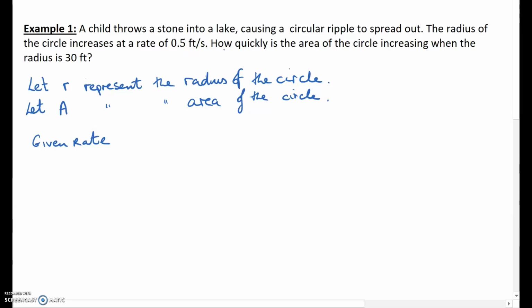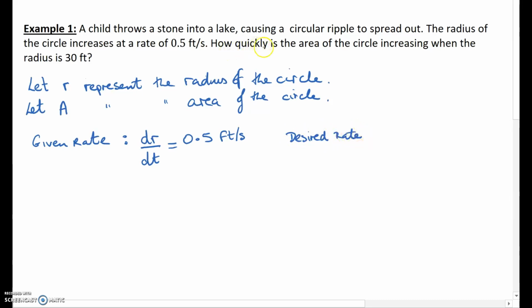So the way we write that is dr dt is equal to 0.5 feet per second. Okay, so this is something we're going to have to get used to. If R represents the radius, then the rate, the speed at which that's changing, is given by dr dt. The required rate, or the desired rate, the one that you have to find,